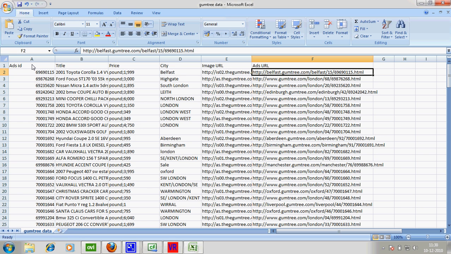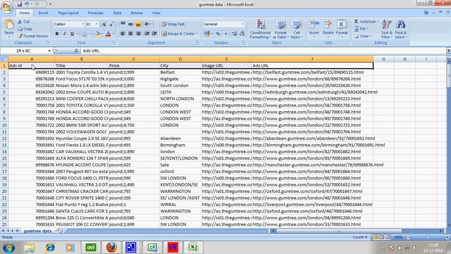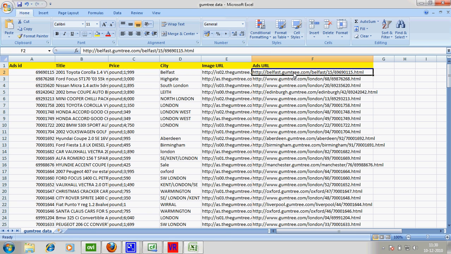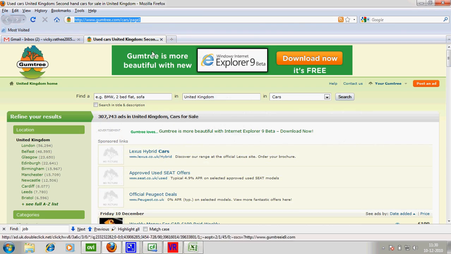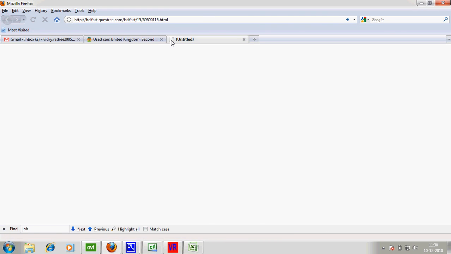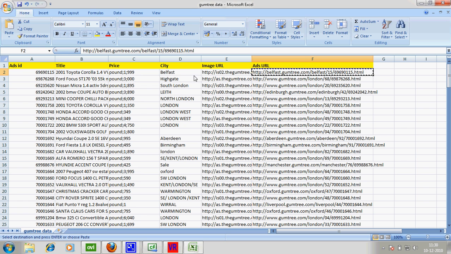We want to verify whether it is the right data or not. Let's pick one URL and open it in the browser. We will see the first title, 2001 Toyota Corolla.